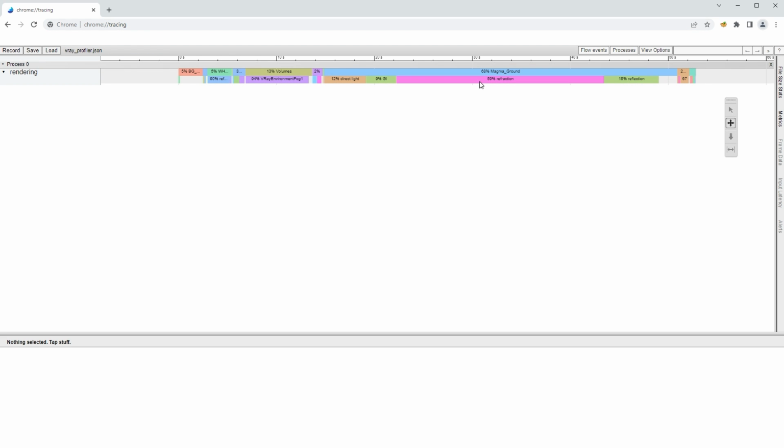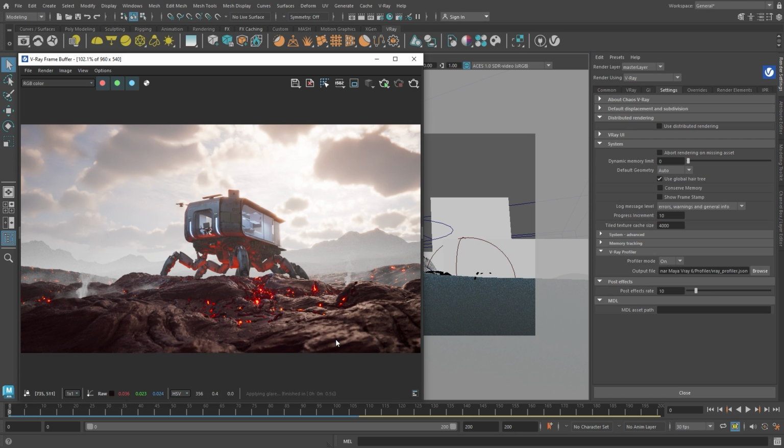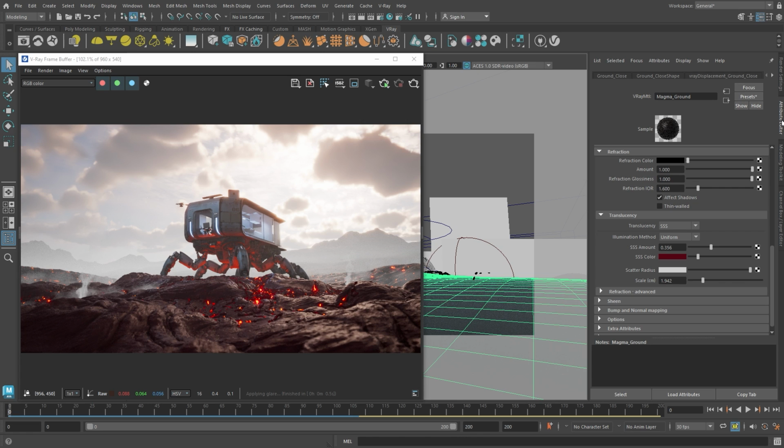As you can see, there is a lot of time spent on analyzing the magma ground material. When we select a certain material, on the bottom left, you can see additional information about the process. The specific material corresponds with the ground beneath the house. In the real world, magma is not fully formed rock, so it's in an almost solid state. That's why we used subsurface scattering to add a reddish tint to the whole object. But in this case, it takes too much time to calculate something that doesn't have that much impact.